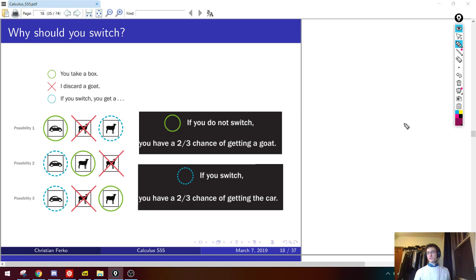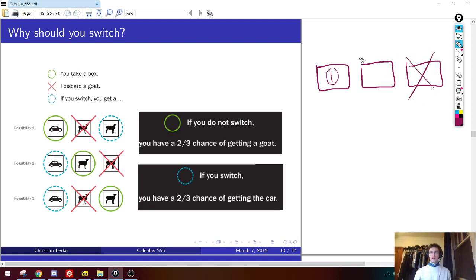How do I say this? You could ask, okay, here's the objection. This is a version of the objection that I raised when I first saw this. So here's the argument I made, which is wrong. I picked door 1, and then Monty opened door 3 and eliminated it, and now you tell me that I should switch.